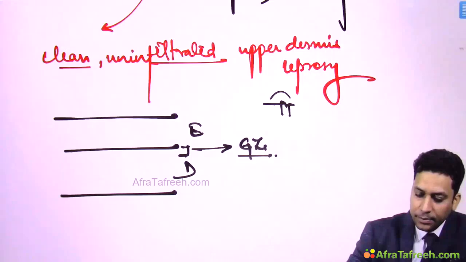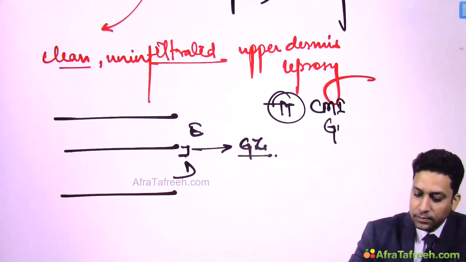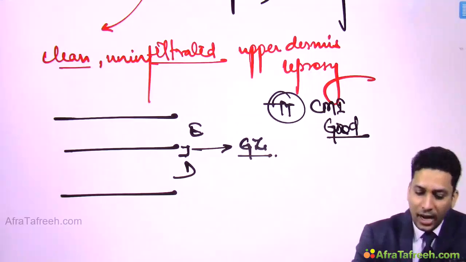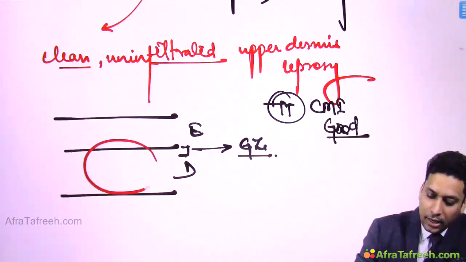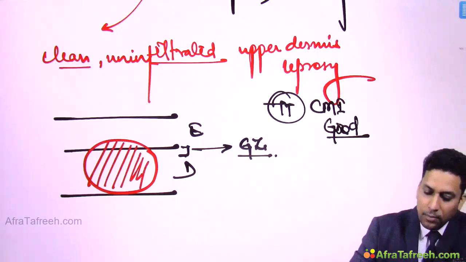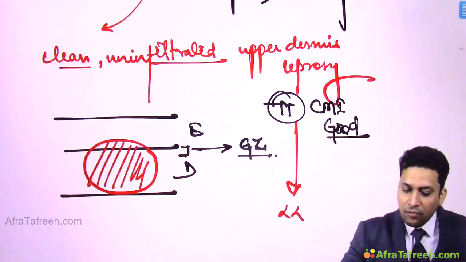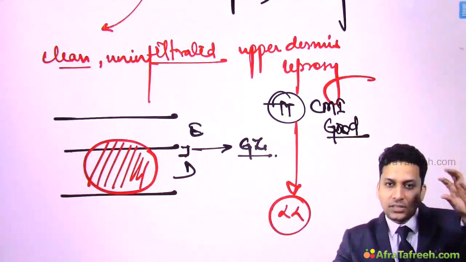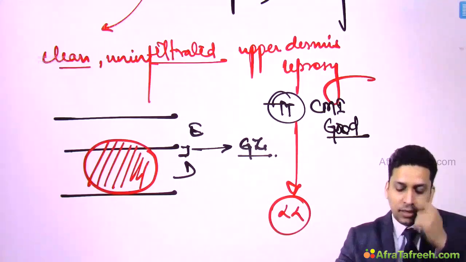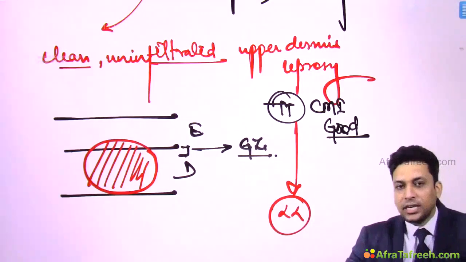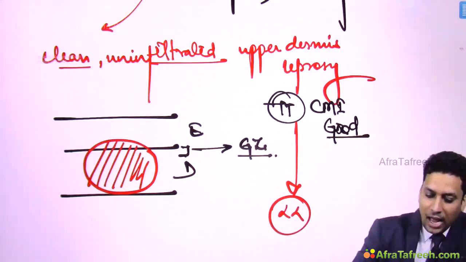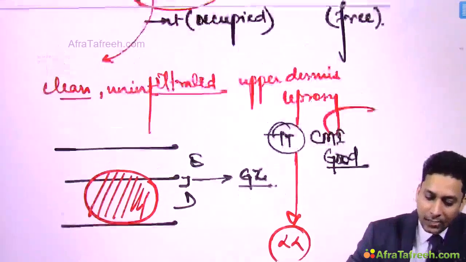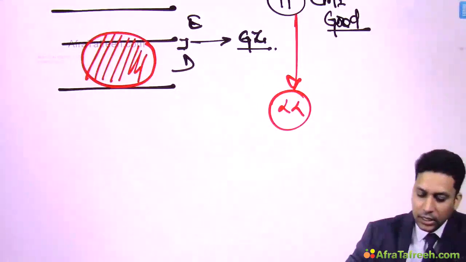So in TT type, I told you cell mediated immunity is good. Now because the cell mediated immunity is good, lot of inflammatory cells come and infiltrate this area and they might occupy this Grenz zone. But as we move towards LL, what happens? This cell mediated immunity decreases, and so is the size of this epithelioid granuloma, and this free Grenz zone becomes visible. So free Grenz zone can be seen except for in TT type, where it might be occupied or absent. So sometimes they ask you Grenz zone is seen in or Grenz zone is absent in. So it is absent in or occupied in TT.